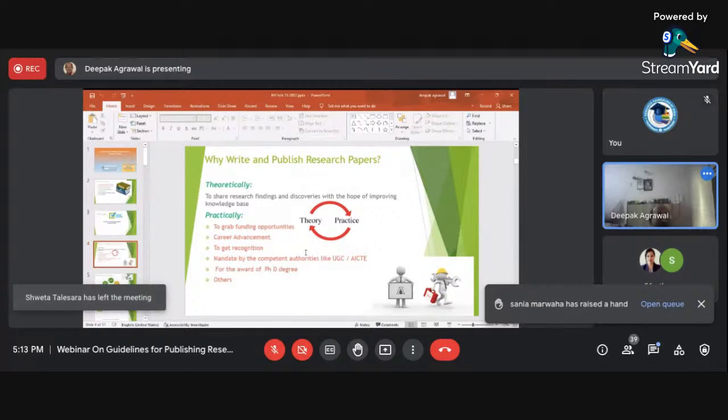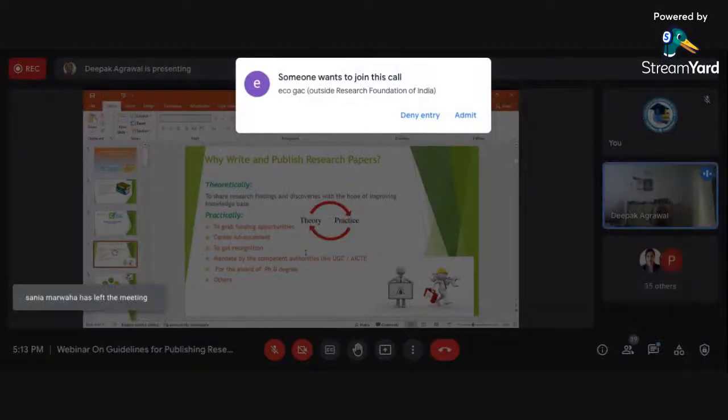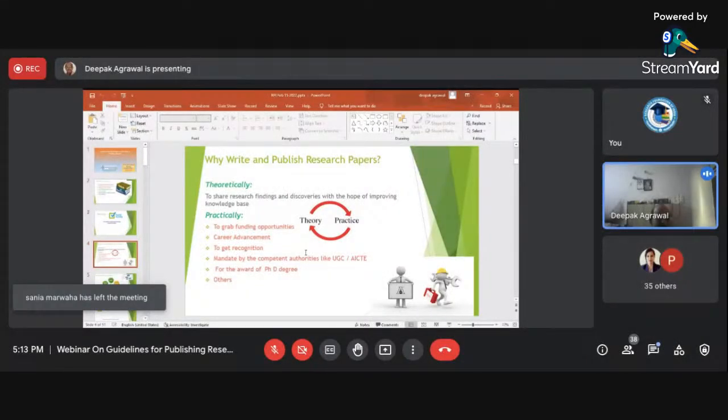Second, definitely we need to publish research papers in order to have career advancement. If you want a promotion, increment, or even if you want to change a job, certain requirements are there to get your paper published. In the present scenario, it is mandatory to get a paper published either in Scopus-based or UGC-approved journals. Third, definitely it provides recognition amongst our peer groups. A quality paper will create your repo in the market, and you may be recognized for your quality work.